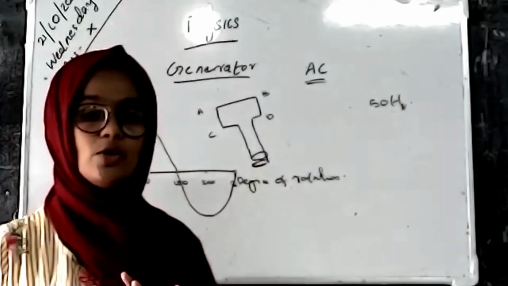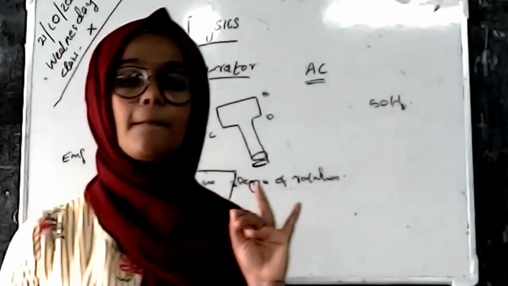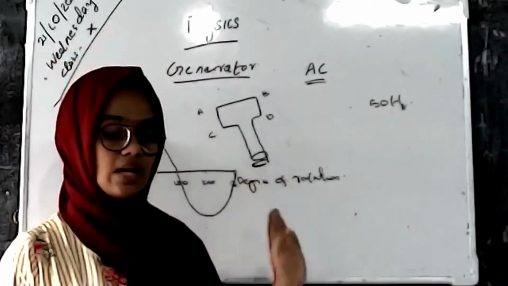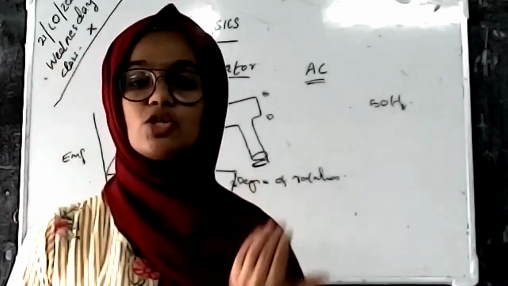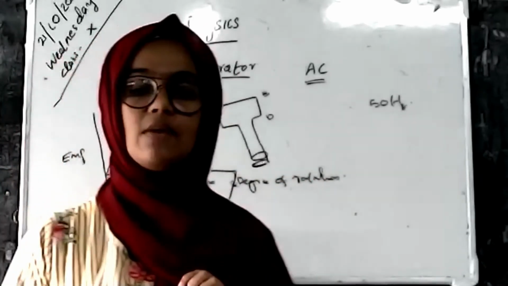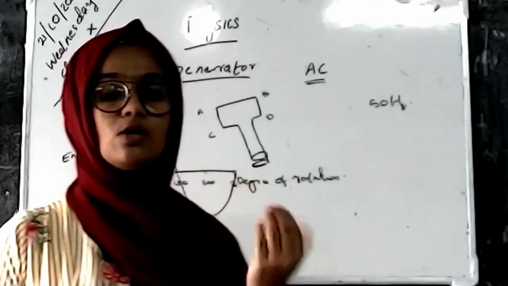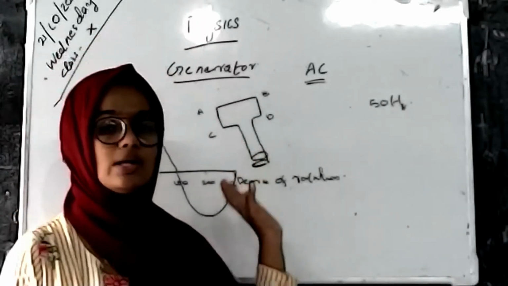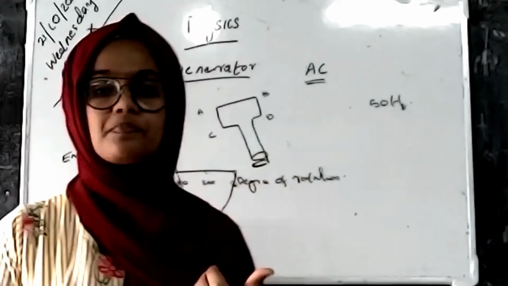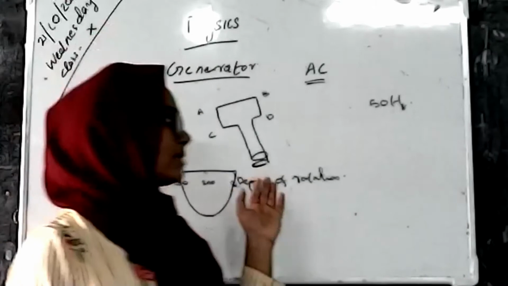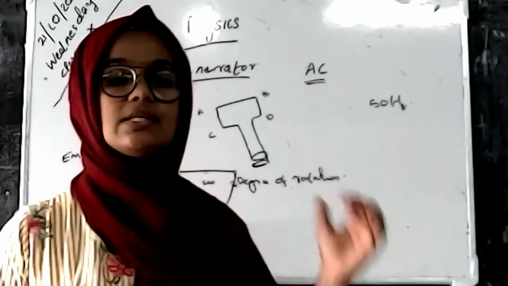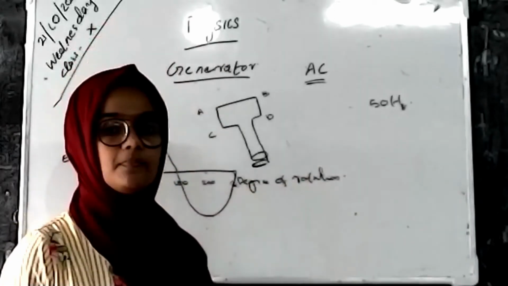So we want to use a highly efficient electromagnet in the generator that gives high production of electricity, and the rotation of the armature coil gives more electricity. So as the number of turns in the armature coil or the strength of the magnetic field increases, the amount of electrical energy we are producing always increases. So this is the working of an AC generator.